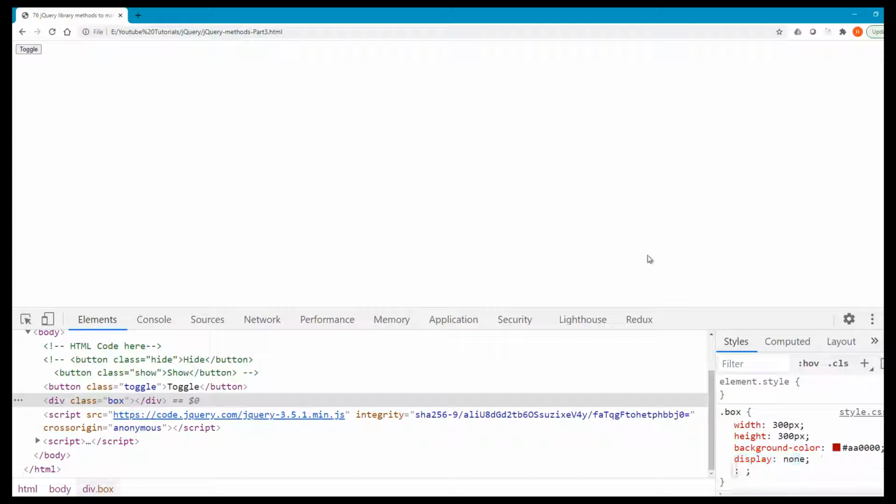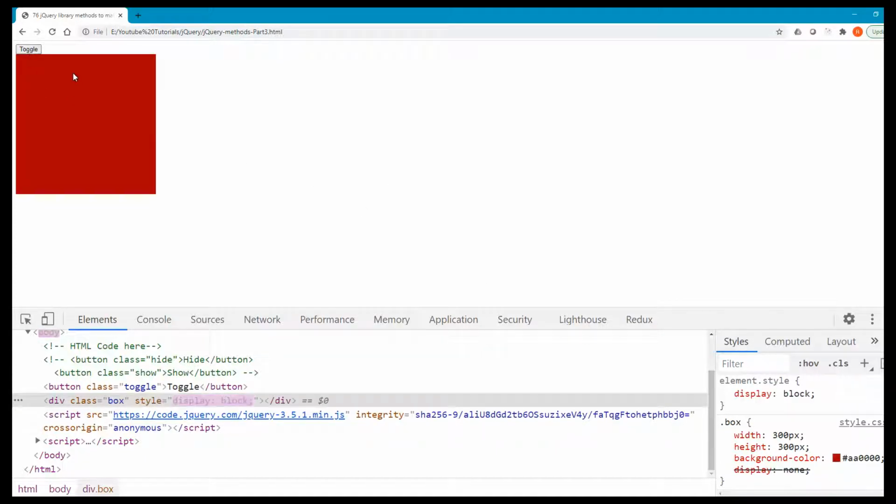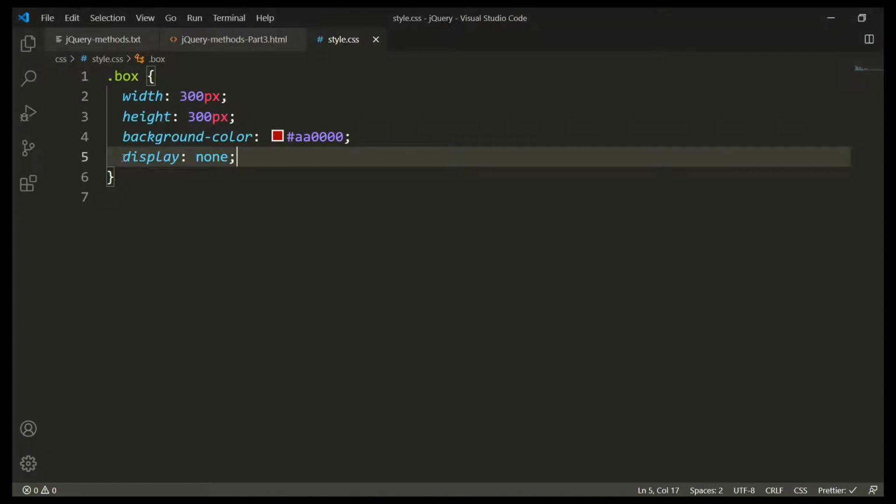Now again the toggle button will work magically. It will check that the element already has a display none property, so if I toggle, it will bring back that div tag on the web page. You can see display block as an inline style has overwritten the display as none. So it works both ways, whether you want to bring it back or hide it. Always remember to use the display property, display as none.